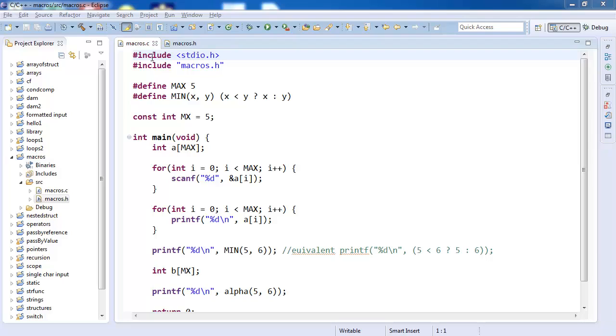Hash include is very simple. Hash include says that I will take this file if I find it in the include path. The include path is typically a system environment variable, and it will take that file and paste it verbatim. For example,